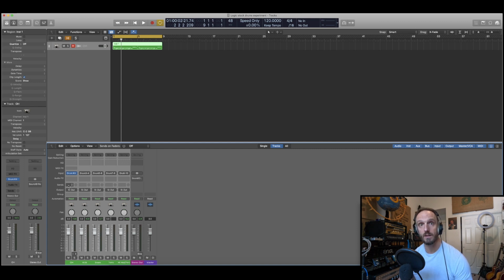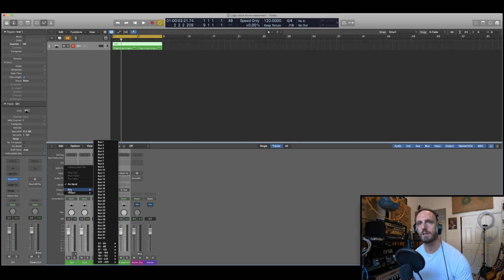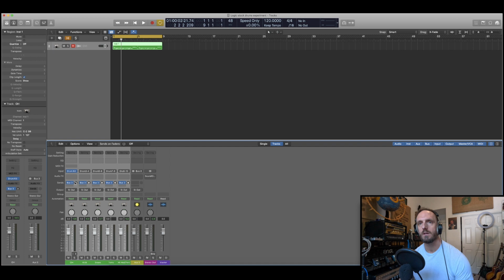So here's how you fake a room mic on a digital kit. We're gonna go to bus. I'm gonna use bus 3 for this. If I option click, they will automatically be at 0 dB. I'm gonna call this